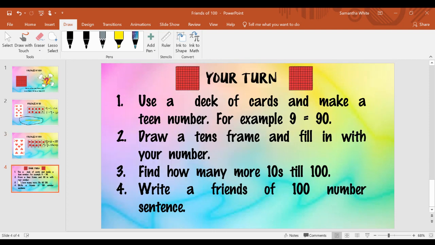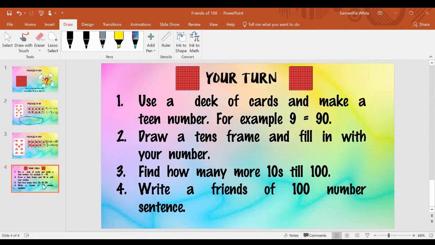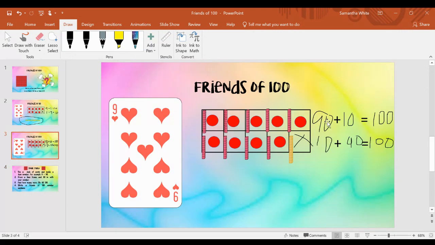And then you're going to find out how many spaces you have on your tens frame. And in this case, Mrs. Allen had 1 space on her tens frame, which represented 10. And you're going to write a number sentence that is a friend of 100. So you're going to write your number that you had, so 90, and then plus how many spaces you had left, so that was